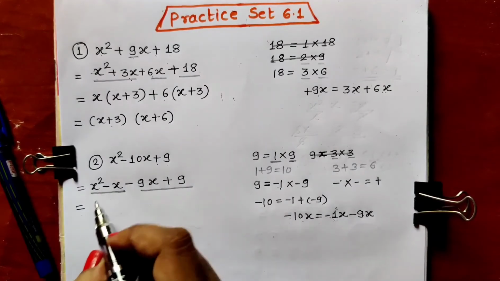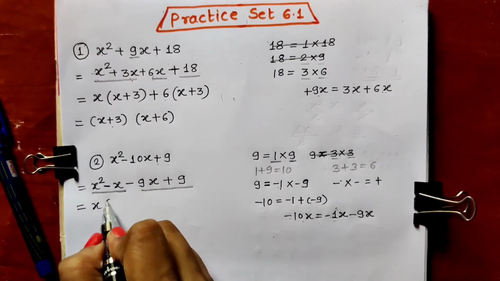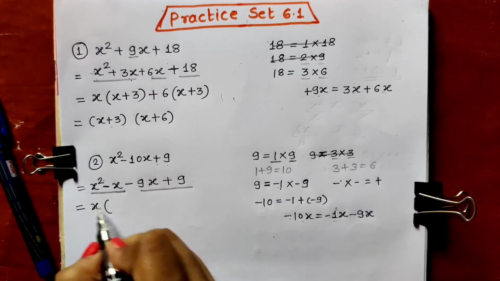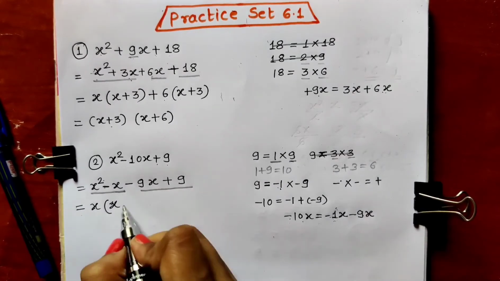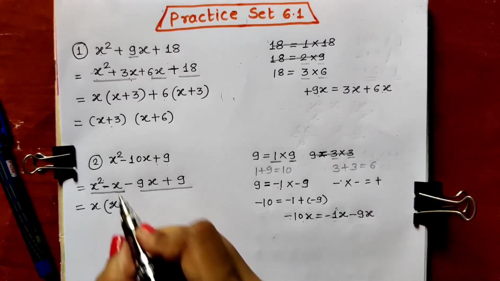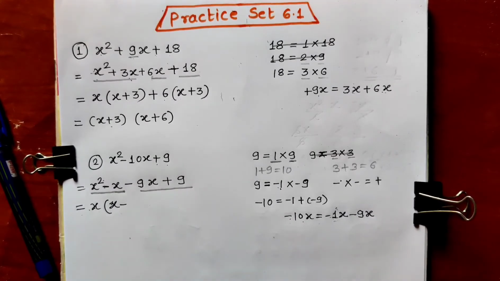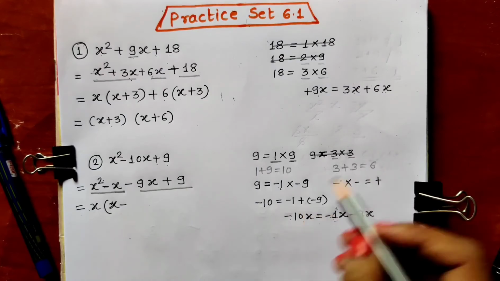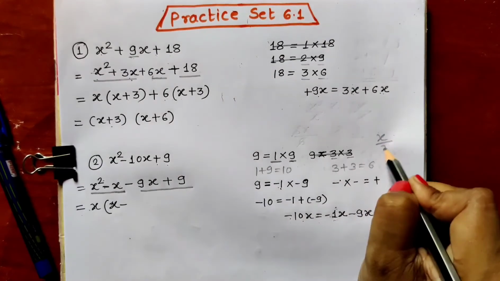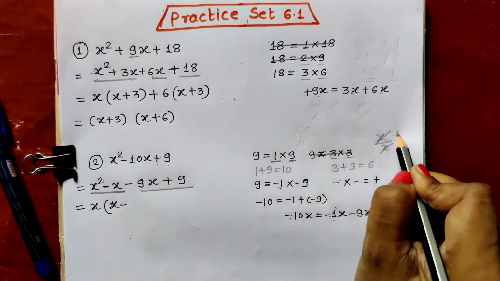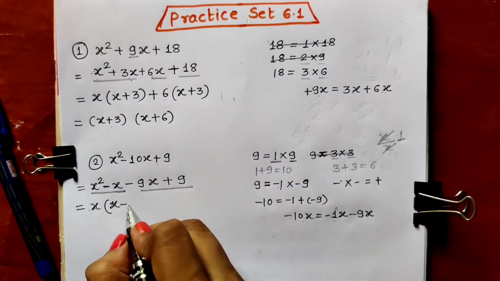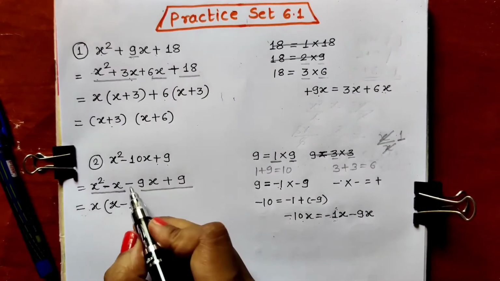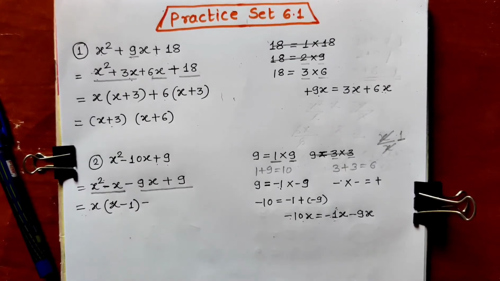Now as we all can see, x is common. From x square, x is taken out common, x is remaining. Minus sign is there, put the minus sign. From x, x is taken out common. Common means, you all know, it is division. x divided by x, we are getting 1. So full x is taken out common, so 1 is remaining. Then the minus sign is there, write the minus sign.